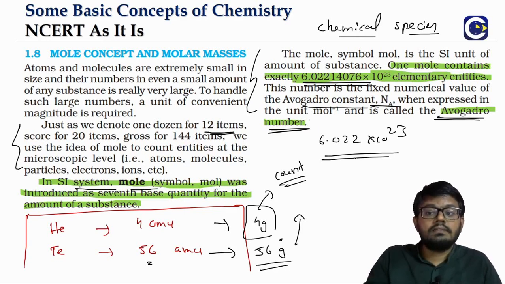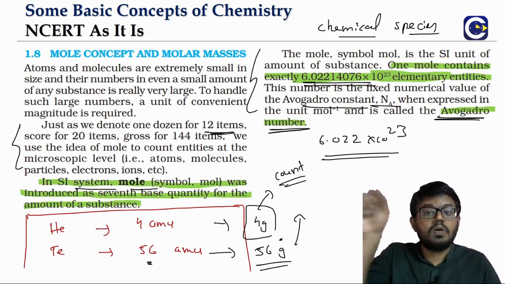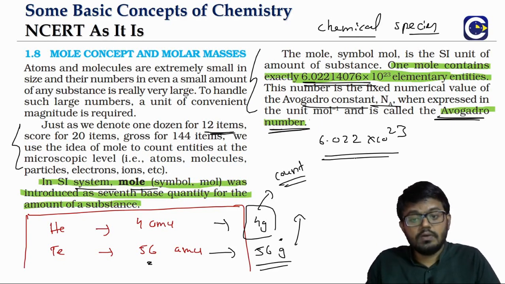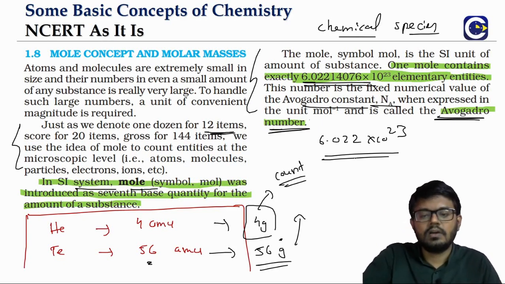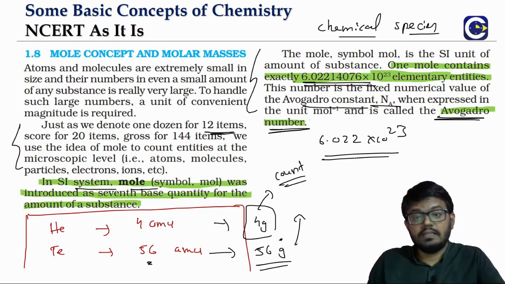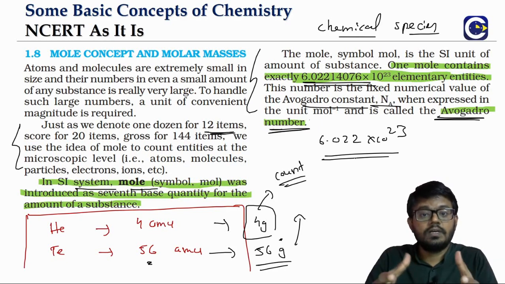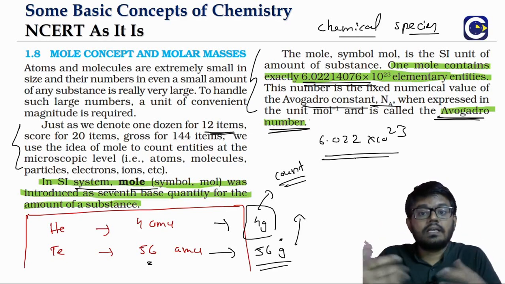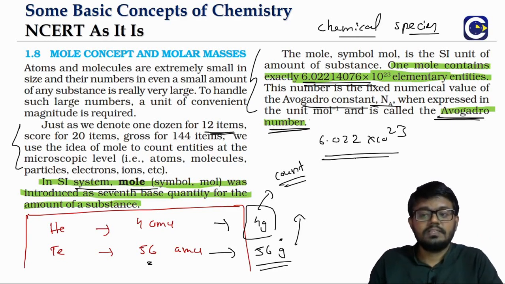So he proposed the idea that the mass of any substance expressed in terms of grams will always contain the same number of particles, and that count is what he referred to as the Avogadro number. In fact, there's a lot of history behind the concept of Avogadro number. Like we discussed, his ideas were actually getting recognition only after his death. That's the irony we sometimes have, but that's how the concept of Avogadro number came. But what is this Avogadro number?